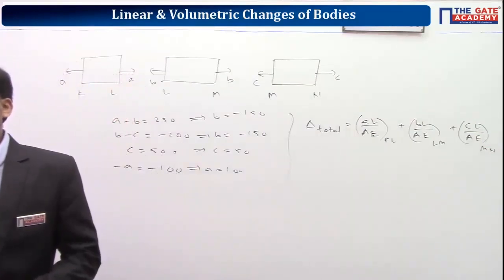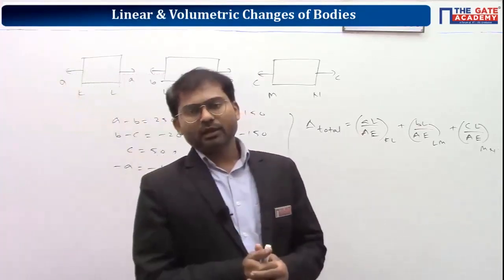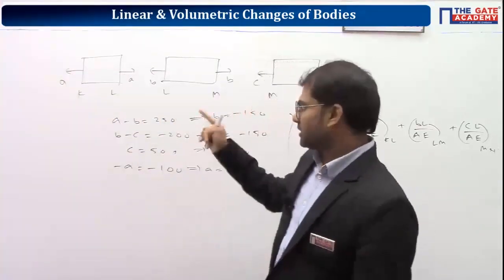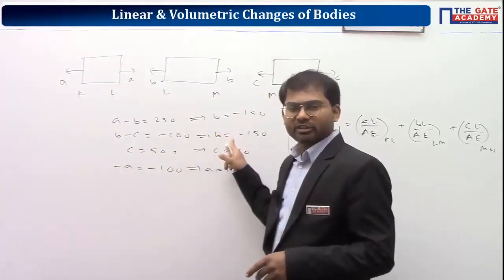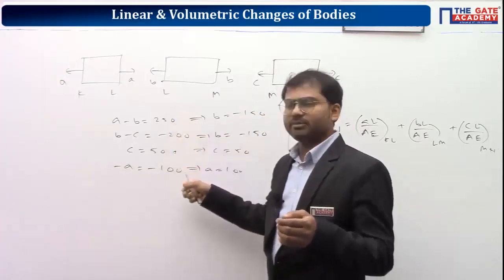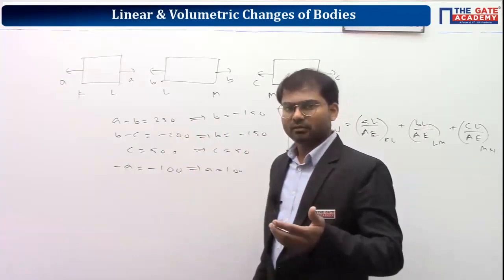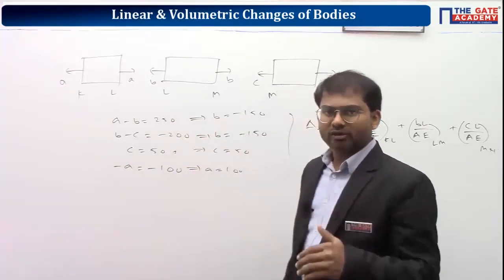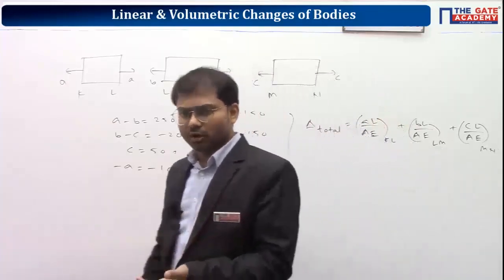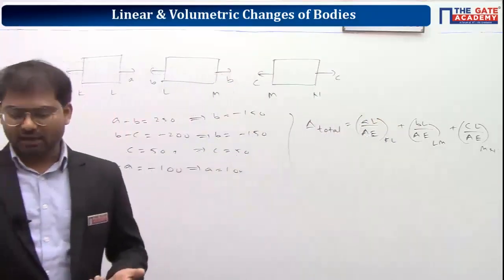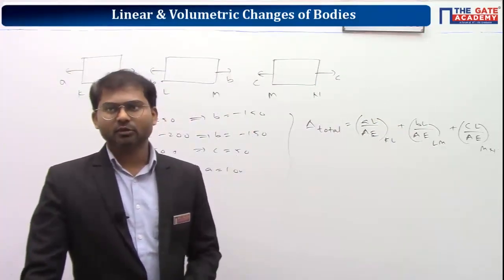Can we write A, B, C without solving? Sanjay, there are other methods as well to solve this question. Why do I advise you to go by this method only? Because there is the advantage of cross-checking. You can cross-check whether you have made a mistake anywhere or not. So to have 100% clarity whether you have solved correctly or not, I advise you to go by this method. If you think another method which you learned in your college is good for that particular question, you can use that as well. Not a problem at all.